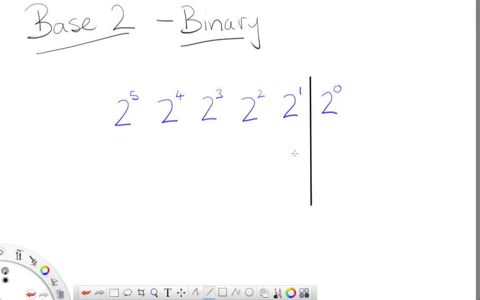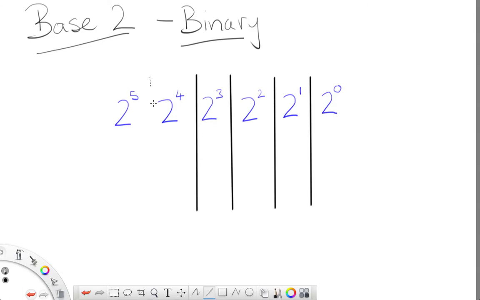So let me put the columns in just to make things a bit more organised. Now, that's great, we've got all these powers of 2, but we need to think about what they really are. Anything to the power of 0 is 1, so 2 to the power of 0